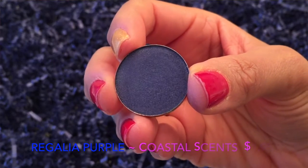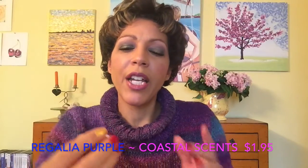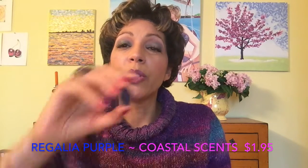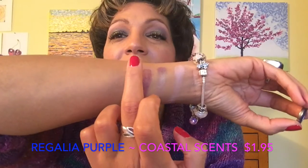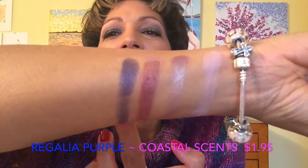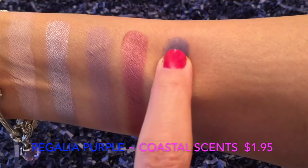So anyway, the next one is Winter in Kylie's palette, and my version is called Regalia Purple. Winter is a royal blue. It's like an electric blue or royal blue. Royal blue is like a purple blue. So this is a purple blue. This is more slightly veered to the purple side, whereas Winter is slightly veered to the bluer side. Now apparently that one isn't very pigmented in Kylie's palette either. It doesn't have that punch. This one has a little bit more punch,